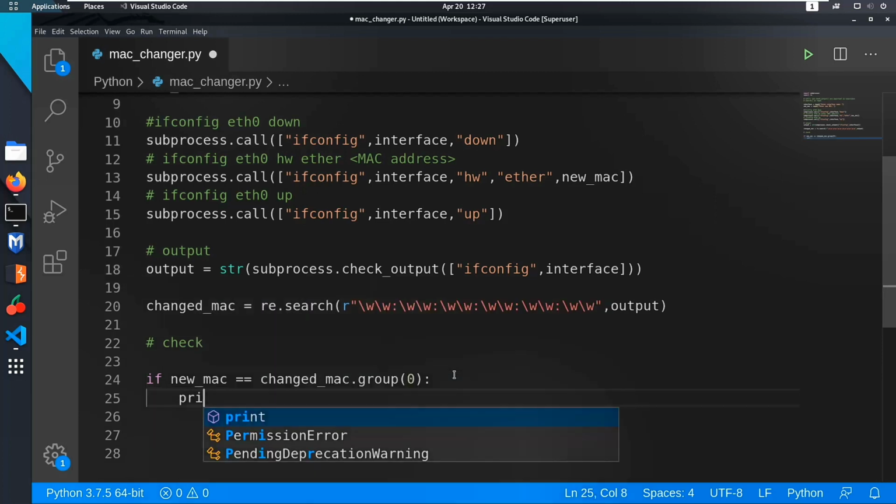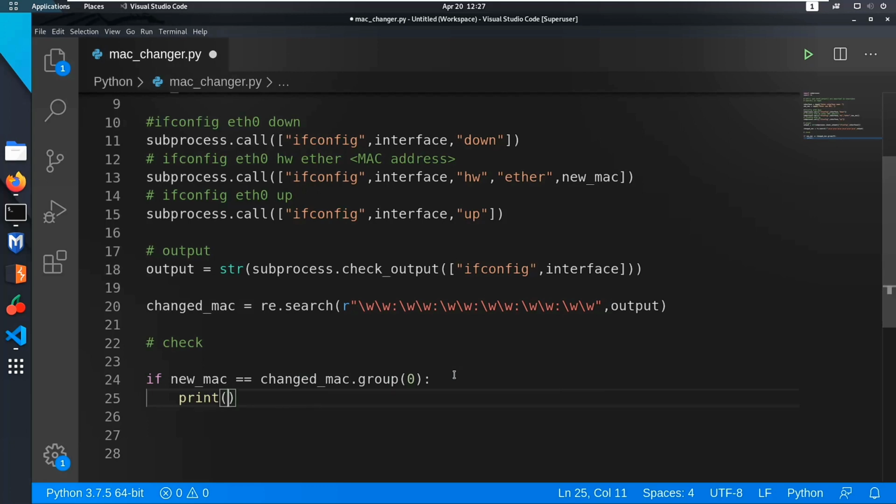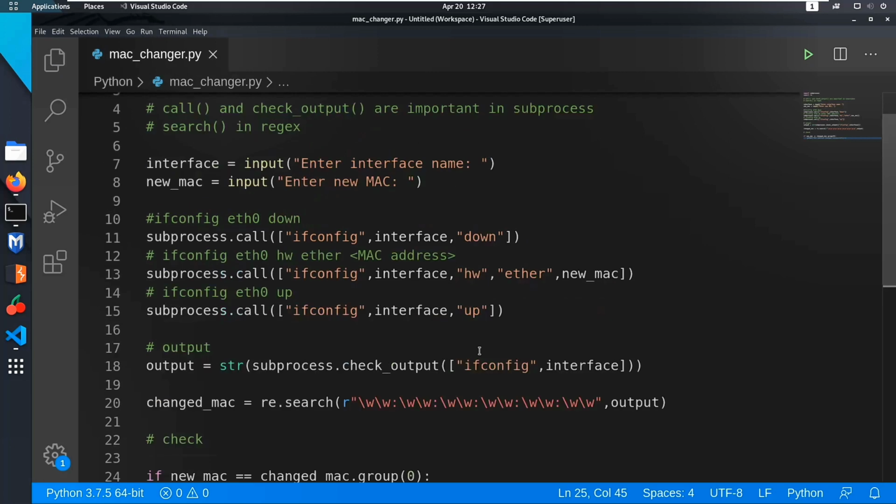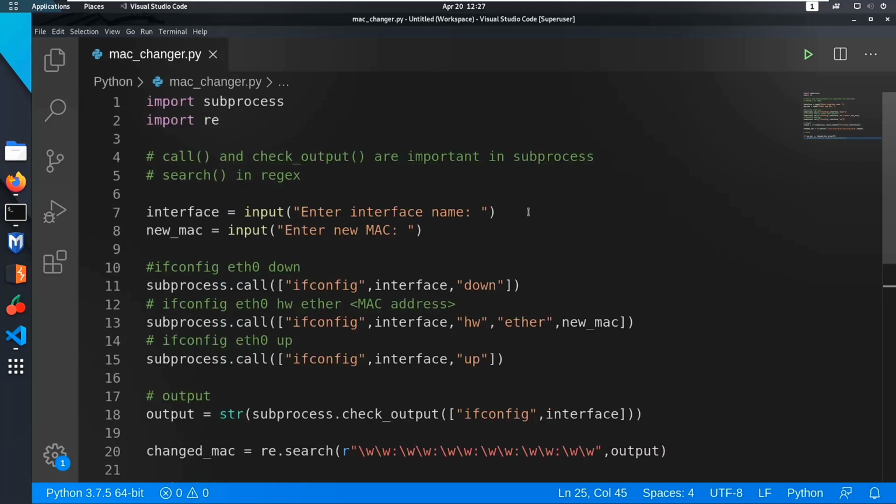And now let me print MAC changed successfully, or you can do anything like that. Control S, and this is our simple implementation of MAC changer.